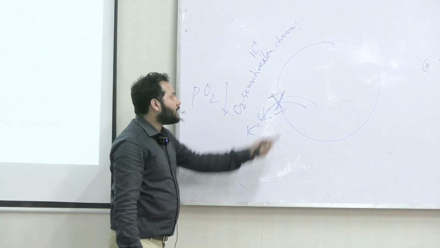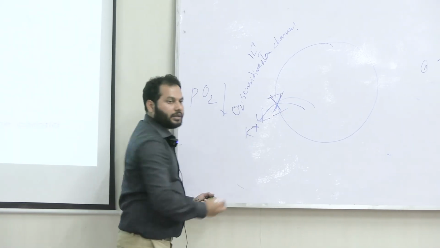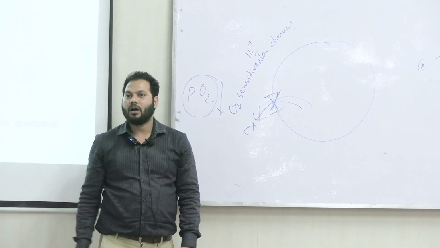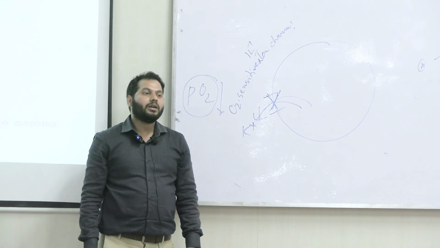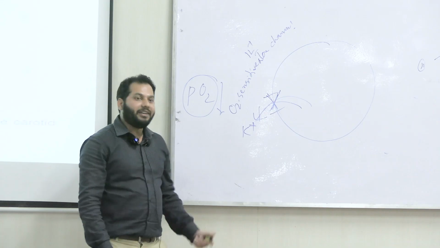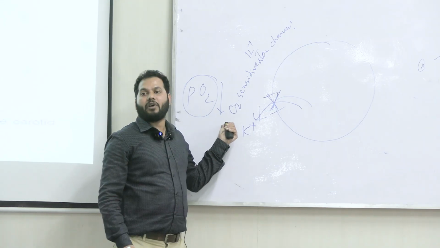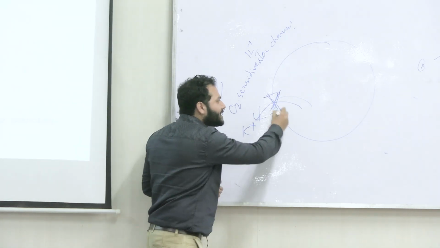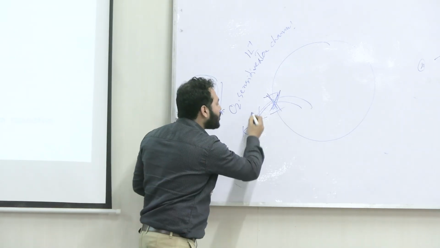So here, the efflux of potassium ion depends on the concentration of oxygen, or the partial pressure of oxygen. If the partial pressure of oxygen is reduced, it immediately closes the channel and prevents the efflux of potassium